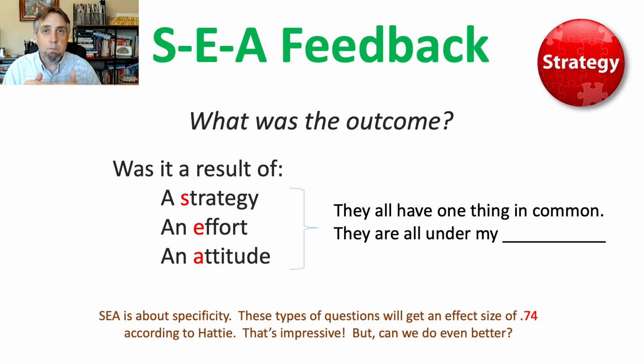And then you get even more specific. You say, was that outcome, the 67%, a result of any strategy that you either used or didn't use? Just curious, what do you think? If you didn't already know this about feedback, true feedback is defined as actionable information. Feedback is only feedback when the person who receives the information does something with it. That's why grades are not synonymous with feedback, because most of the time when a student receives a grade on something, they don't do anything with it. They look at it and they go, oh, or they look at it and get excited, but they don't actually do anything with it.